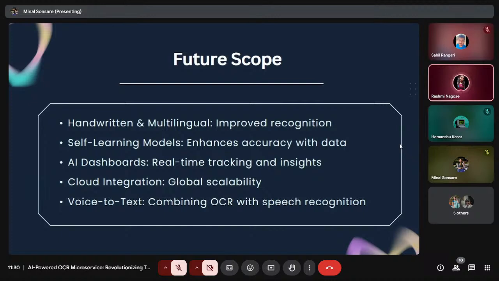And an even bigger innovation, voice to text, could combine OCR with speech recognition to process not just written documents but